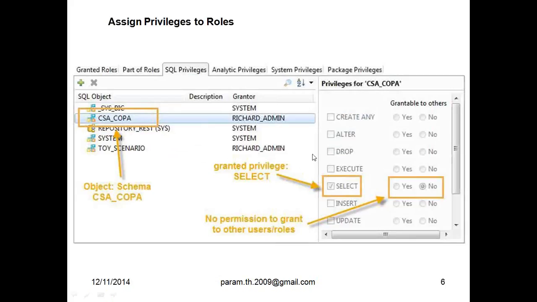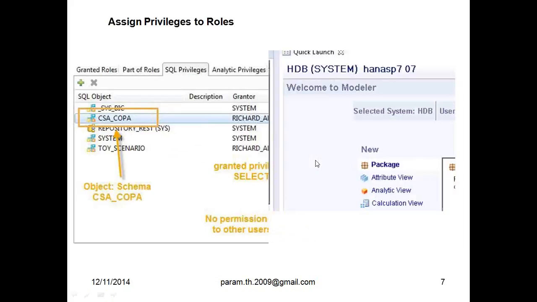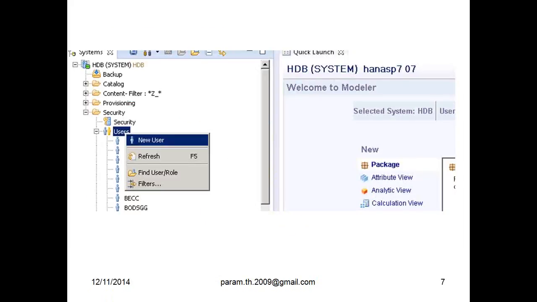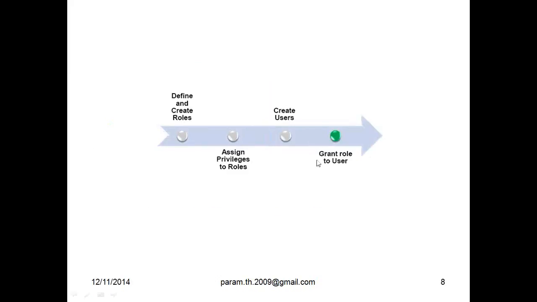Assignment of the roles as follows. We will see how we do that in the system. And then we create a user going back to the security folder, right-click, new user. And then later, finally, after user IDs are okay, you're following a password policy, then we start granting roles to